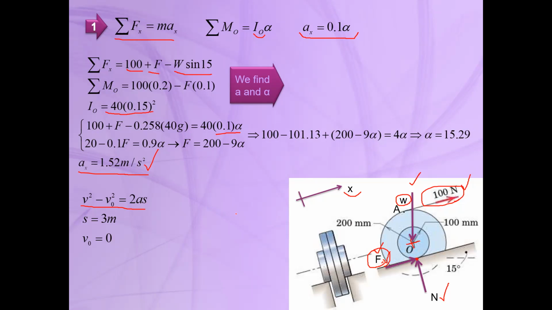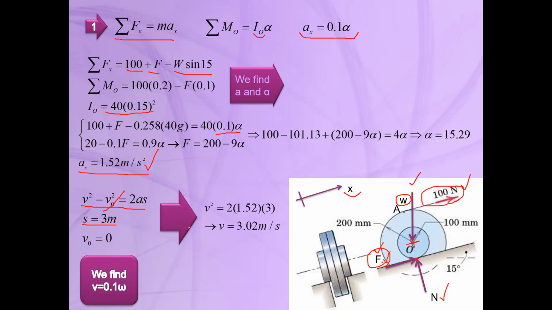Initially it was at rest, so the initial velocity v naught is equal to 0, and v squared is equal to 2as, and we know that s is 3 meters in upward direction. So easily you can solve this equation and obtain that v, the velocity after 3 meters going upward, is 3.02